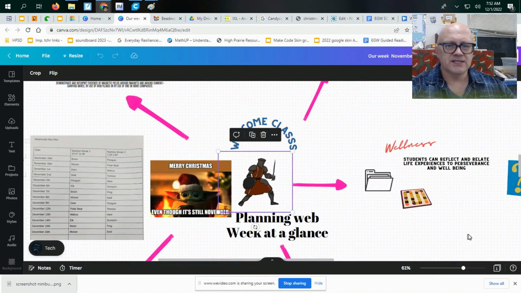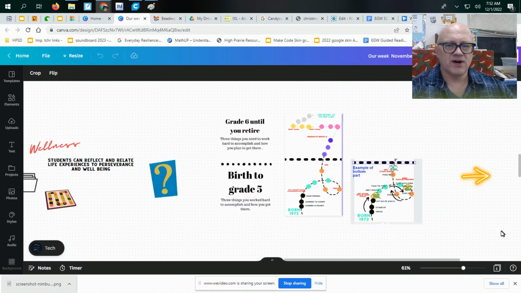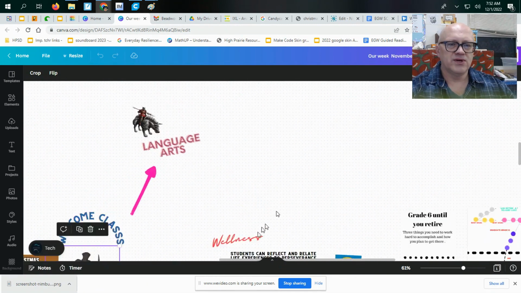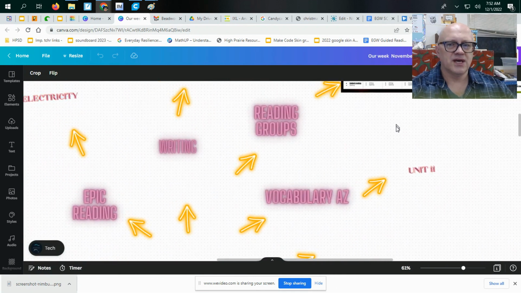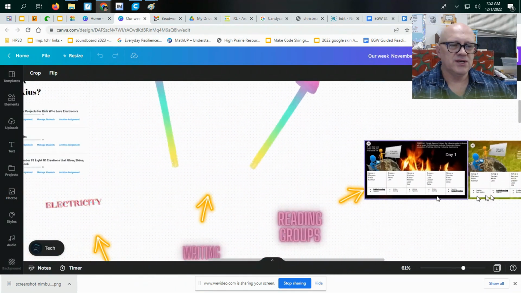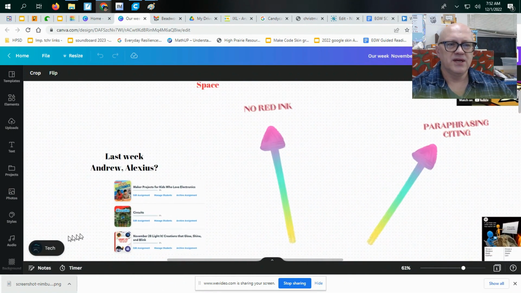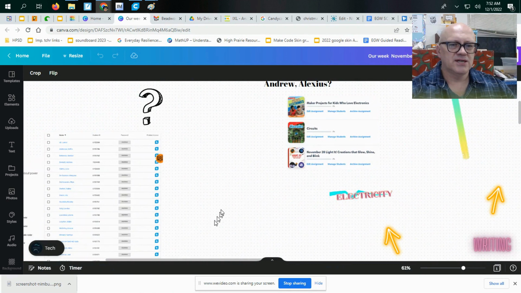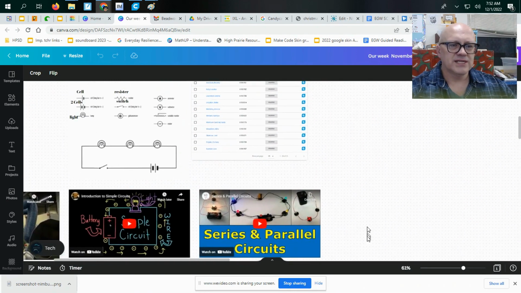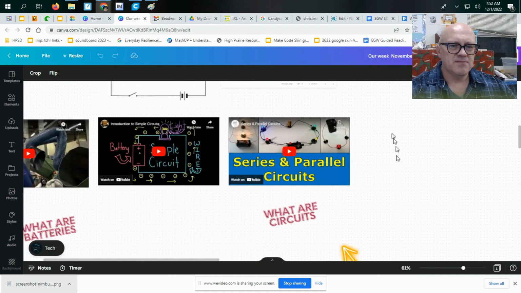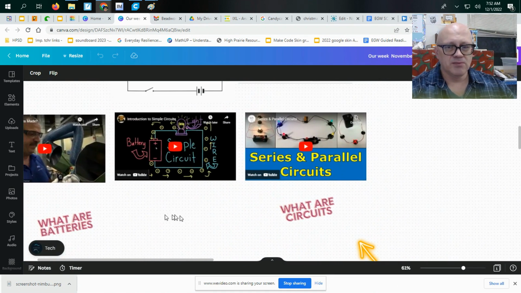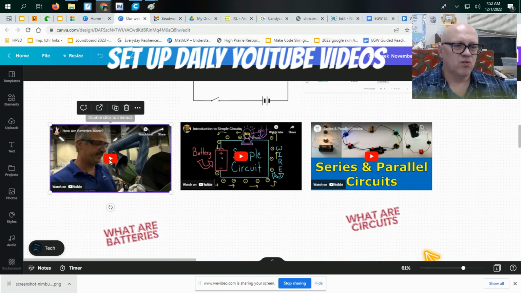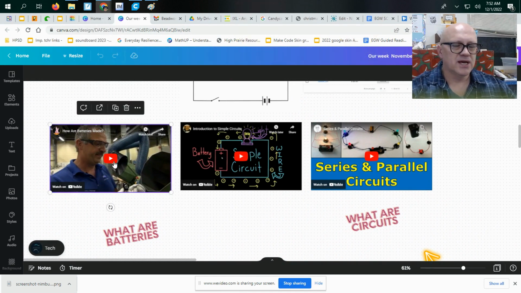And using their two hands, they can swipe over and find out what we're doing in wellness this week, what we are doing in language arts, what our schedule is, what books we're probably doing, if there's certain things I need to talk to certain students about, any work that's late, passwords, so that I'm able to find it. And you're able to put YouTube videos in here too, so that you don't have a bunch of tabs open. You'll have one open, and when you double click,